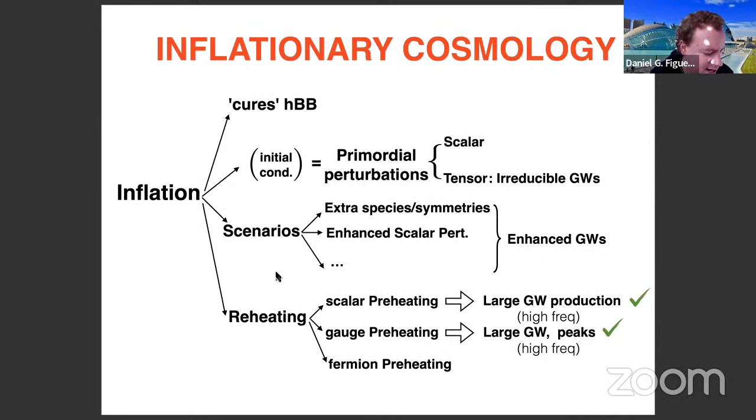So in reality, in this particular scenario, one could make a fine-tuning, but really extreme fine-tuning, in which you take, for instance, the self-interaction of the Higgs to be 10 to minus 40, I think it is the value you need to take, but the VEV at the GUT scale, okay? So effectively, you've reduced the energy scale of your system in such a way that you still can have sustainable amplitude of gravitational wave background, but you can shift it, due to the smallness of the self-coupling of the Higgs, to observable frequencies. But the problem is that that self-coupling is ridiculously tiny and unmotivated,